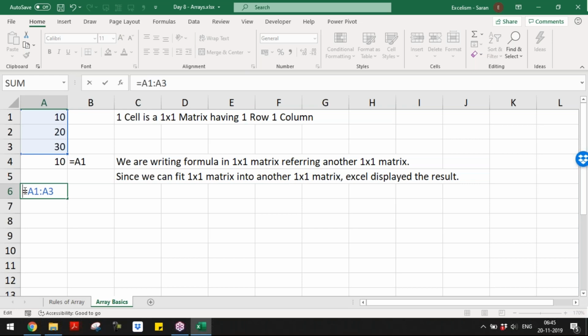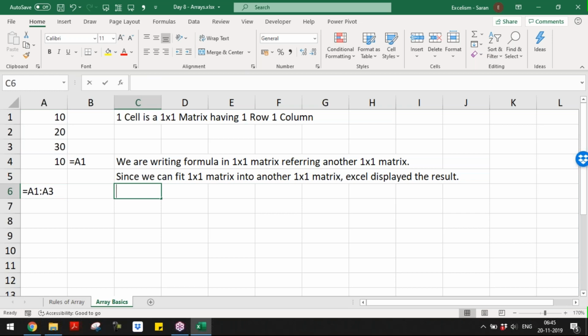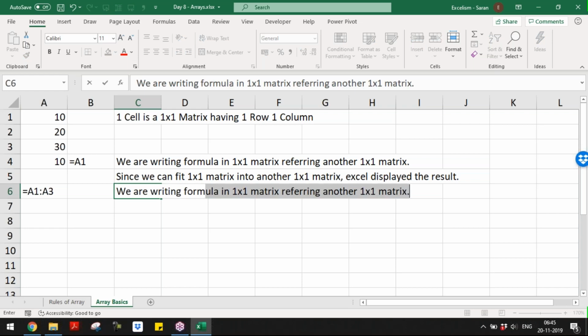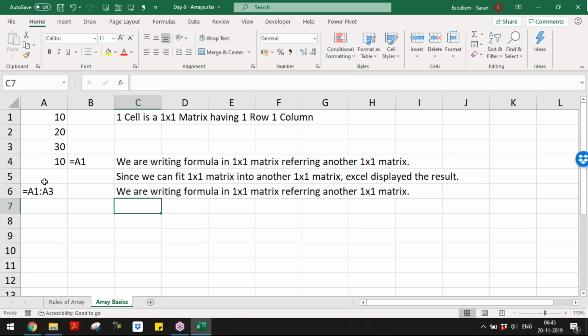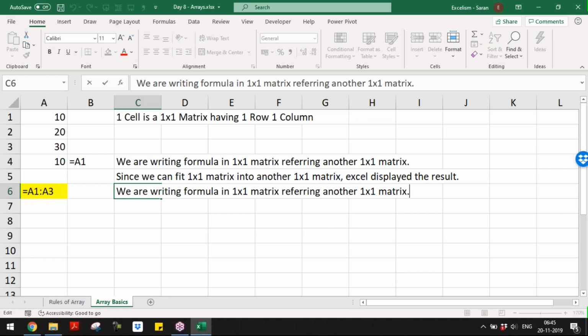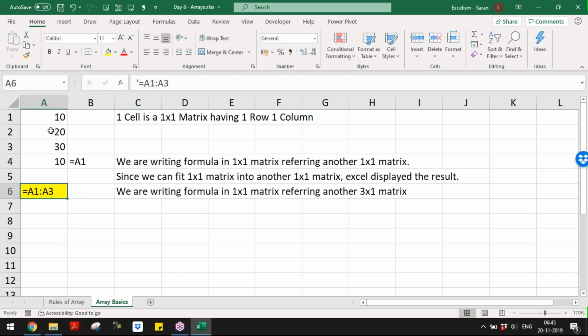Okay. So now, why is it a value error? Now we are writing the formula in which cell? We are writing formula in one by one matrix. Yes or no? This is one by one matrix. But we are trying to refer 3 by 1 matrix. We are writing the formula in 1 by 1 matrix, referring another 3 by 1 matrix. I have selected one cell and I am trying to refer 3 cells values, and obviously